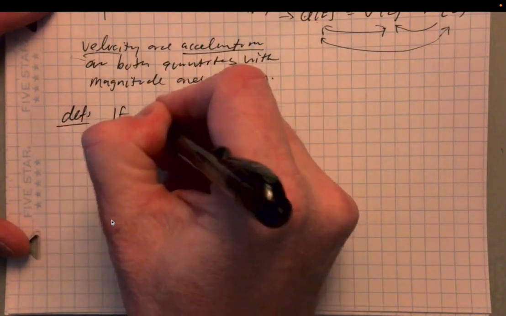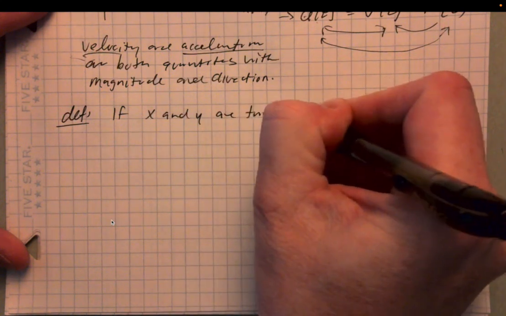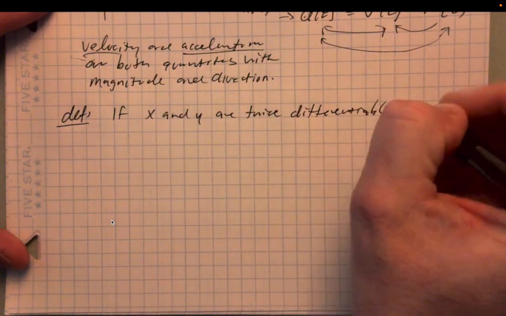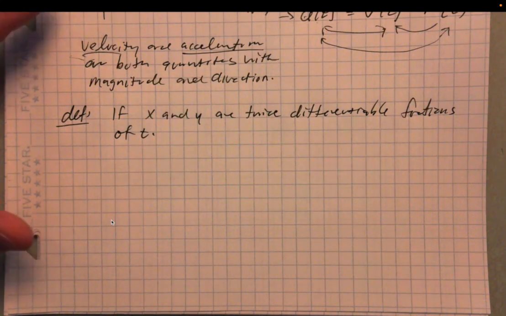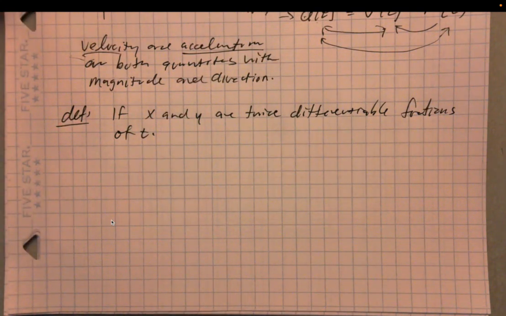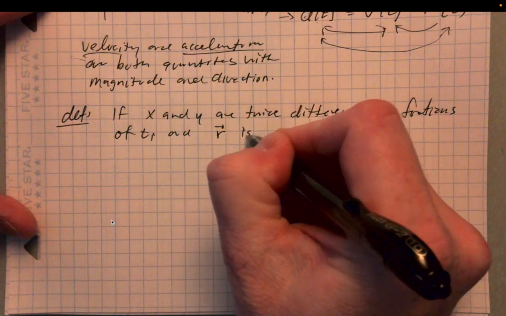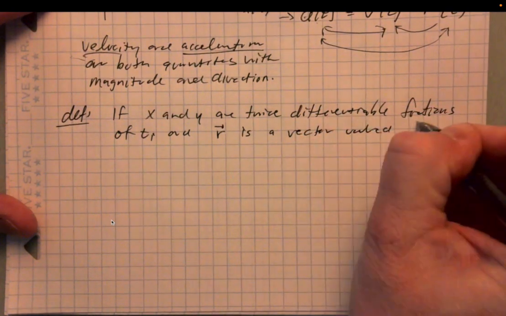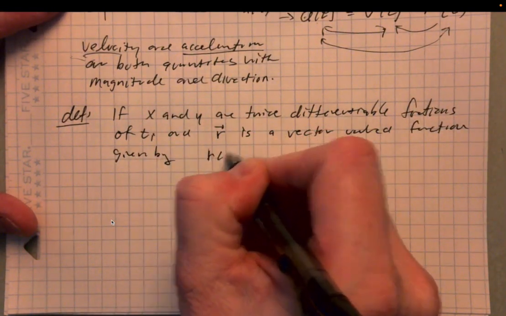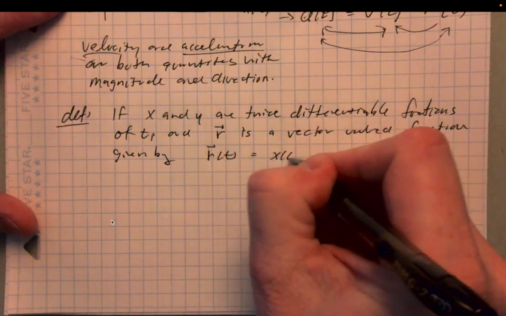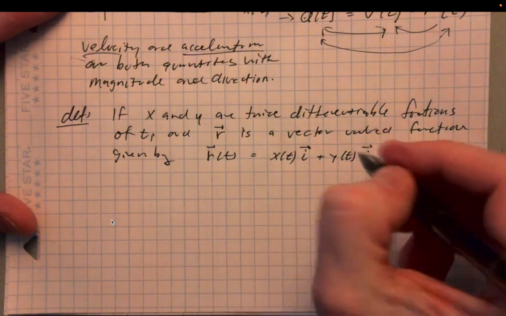So if x and y are twice differentiable functions of t, basically what we saw above, x is a function of t, y is a function of t, and the second derivative exists for both, and r is a vector valued function given by r of t equals x of t times i plus y of t times j, then the velocity vector,